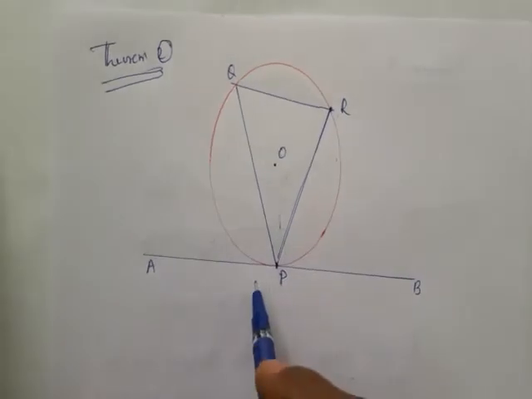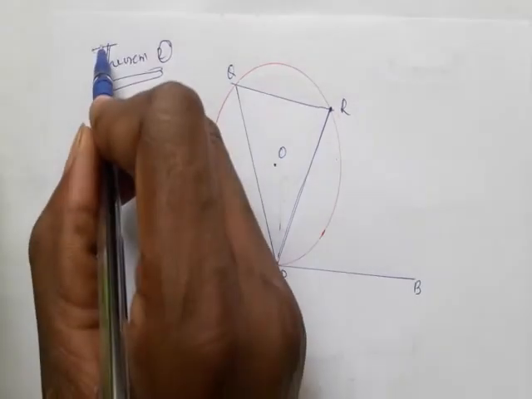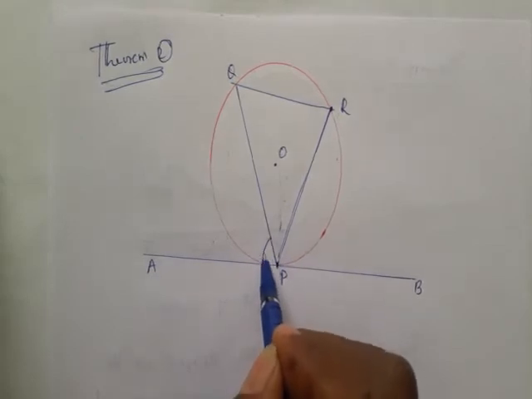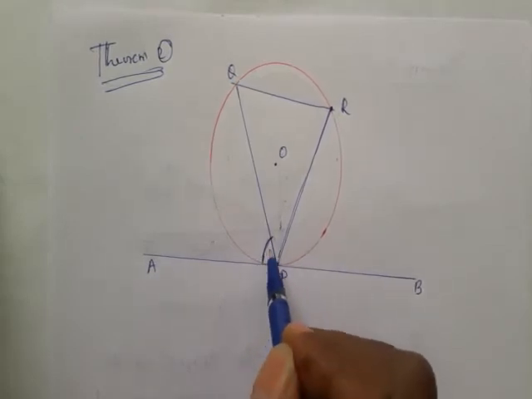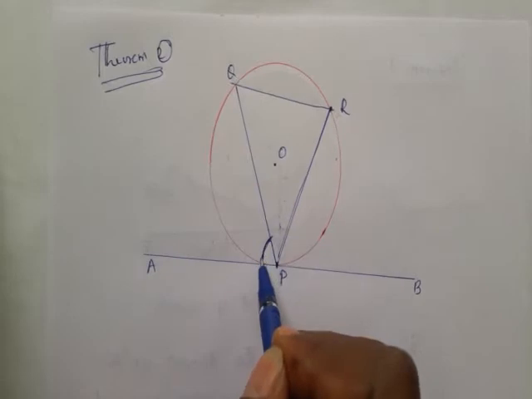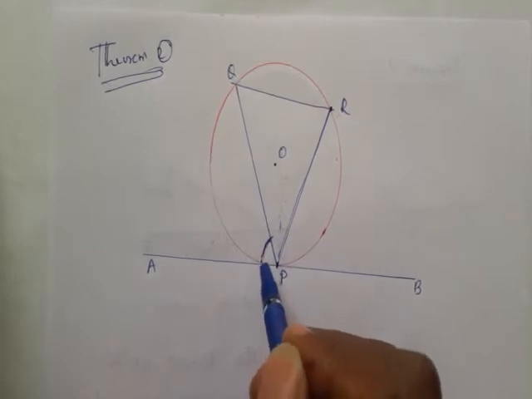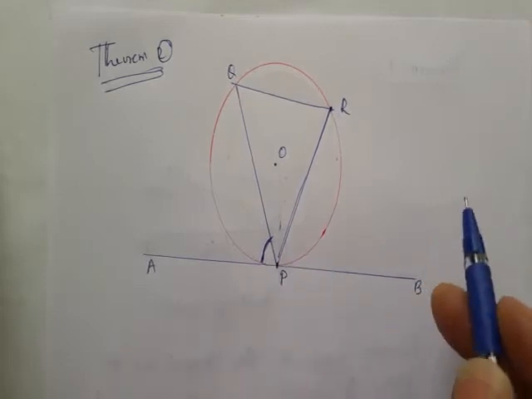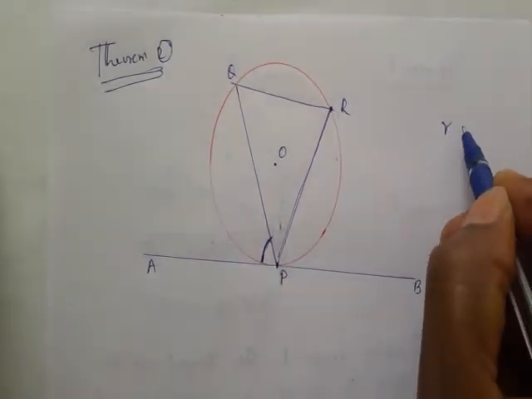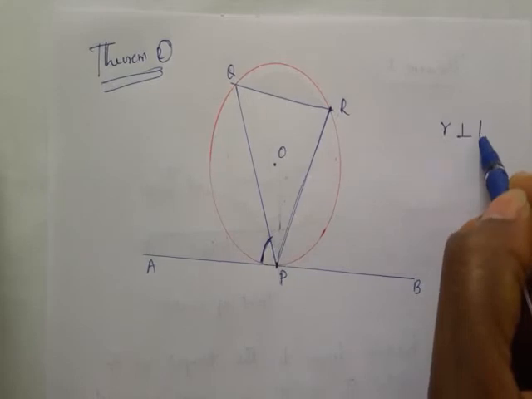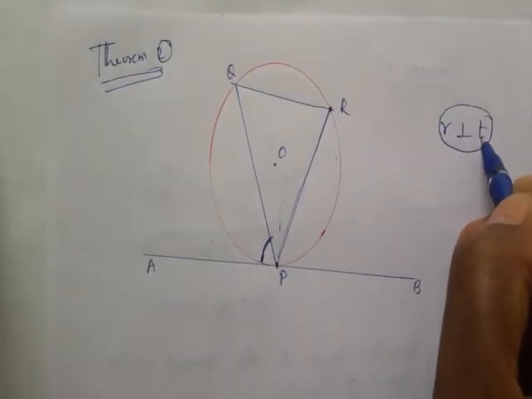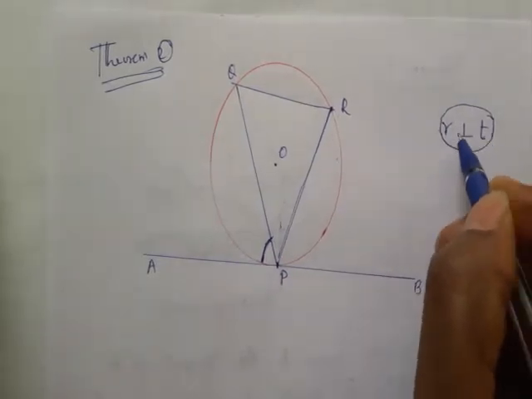Now what type of result does theorem 2 give? Student, don't confuse. This is the important theorem. Usually they ask in examination to find out some unknown angle using this theorem. The first theorem was easy, radius and tangent. Radius perpendicular to tangent always. Remember, the first theorem says that radius is perpendicular to tangent, right angle.